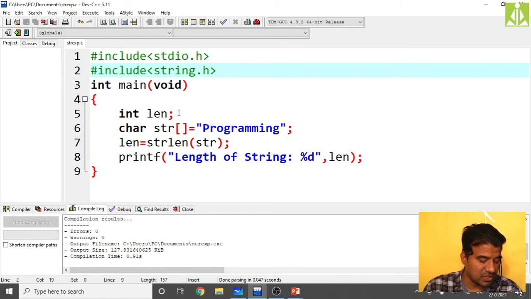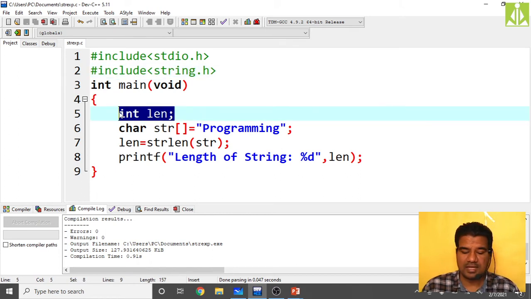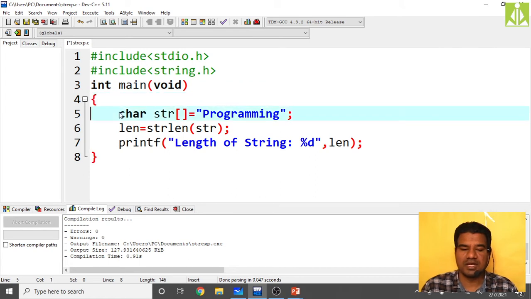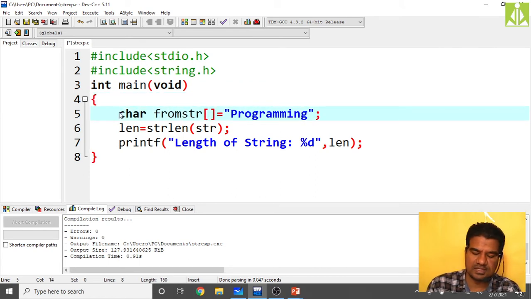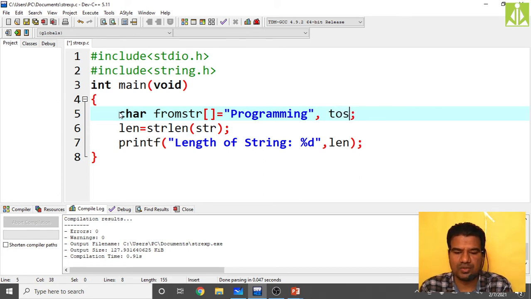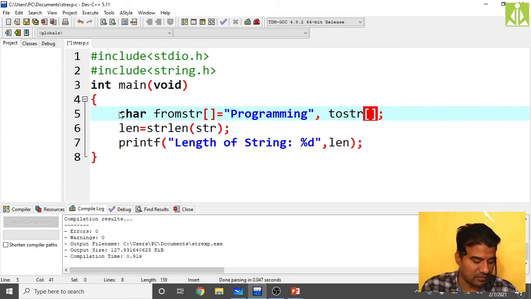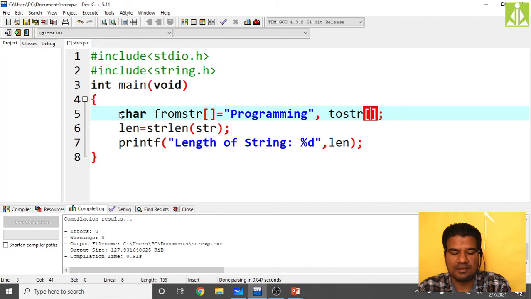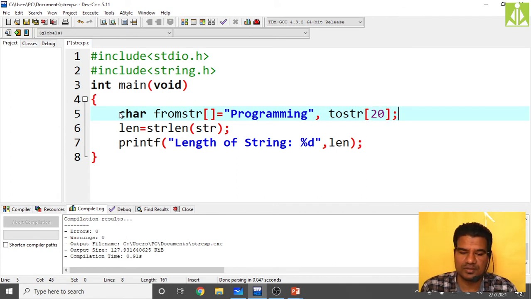As we said, we will take the names accordingly. The first string is from str, and my second string is to str. We cannot make it variable here, so we have to make the size fixed. I'm taking 20 characters for that.